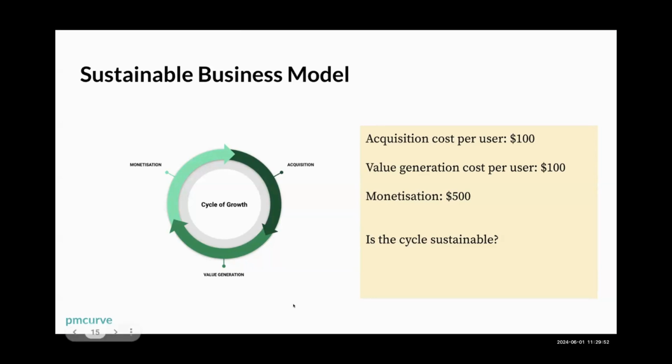Yeah, Deepak. What I was trying to say is, like you said, though it's an infrequent product, at 100 acquisition cost you are able to generate a positive value of $400 from that customer immediately. To sustain the business, assuming this is the only way of monetization, the only question for the business becomes having a long pipeline of customers to acquire and monetize. So does that maybe make the business